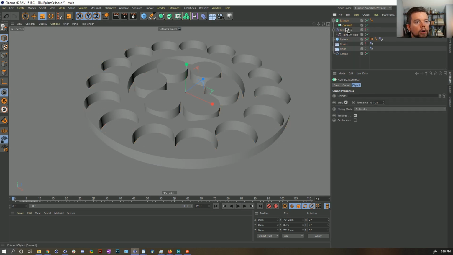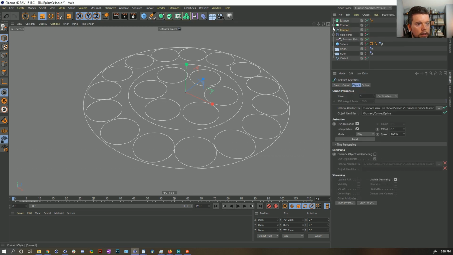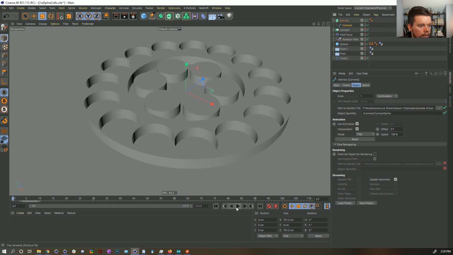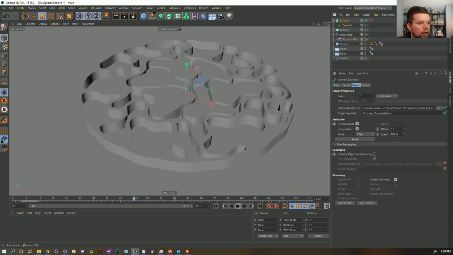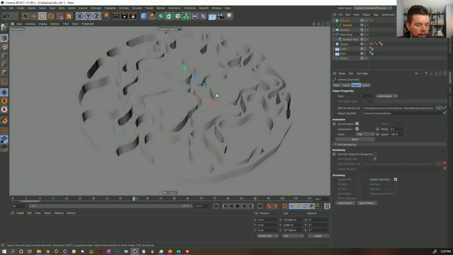So I'm going to attempt to grab this connect and bake it as Alembic. Let's see what that does. It's claiming it's a spline. Actually, let's see if it plays. Hit play, and yeah, here's the Alembic. It baked that out as a spline, and it is now an Alembic file. If I take that and put it into the extrude, let's see if that plays. Yes, it does. Okay, so almost immediately you can see that we are getting the overall effect from